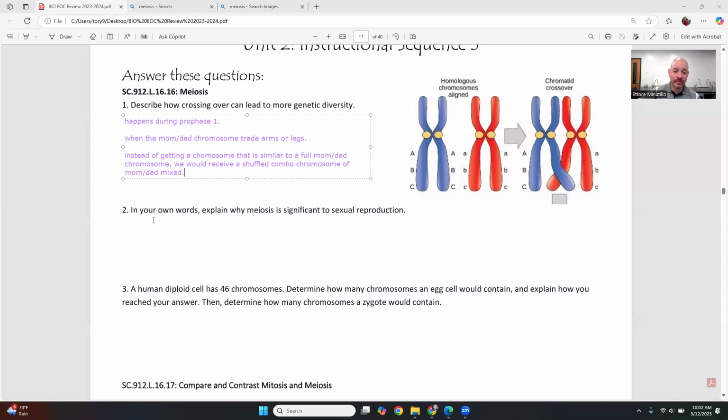Question 2, in your own words, explain why meiosis is significant to sexual reproduction. I will definitely do that, but then I'm going to add another little thing on the side here. There's something else that gives us genetic variation, kind of like crossing over, that I don't really see in our review, so I'm going to make sure to add that here. But let's answer 2 first, and then we'll add this on as a secondary portion. In your own words, explain why meiosis is significant. I see 2 main things. The first thing that I see, it gives us genetic variation